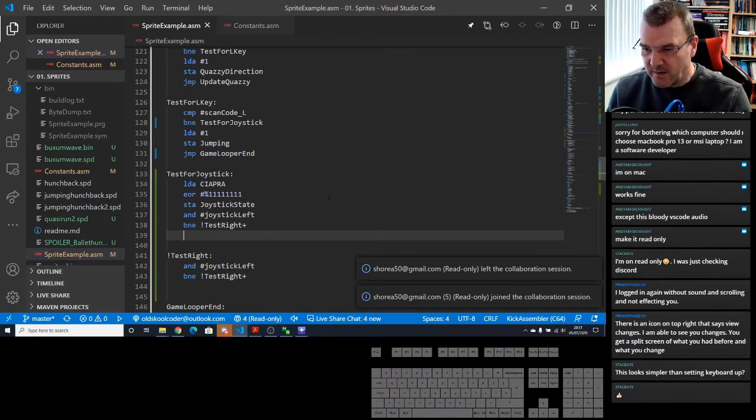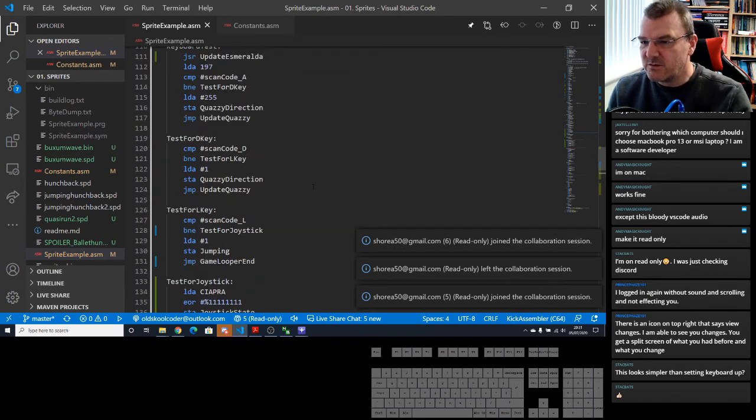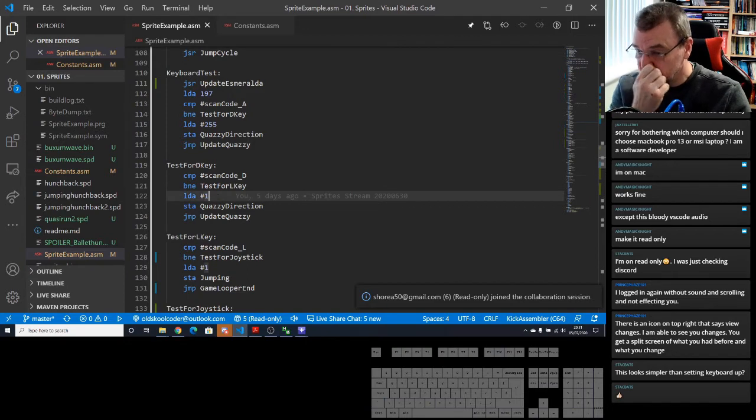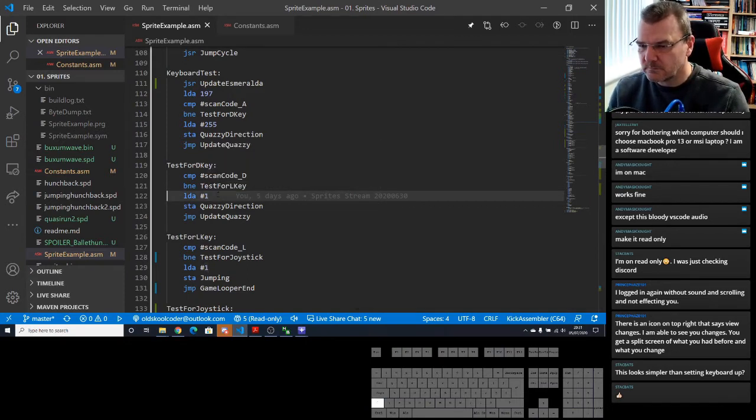So here we are going left. We just need to do the same as what Quasi did going left, which is this. That's right.